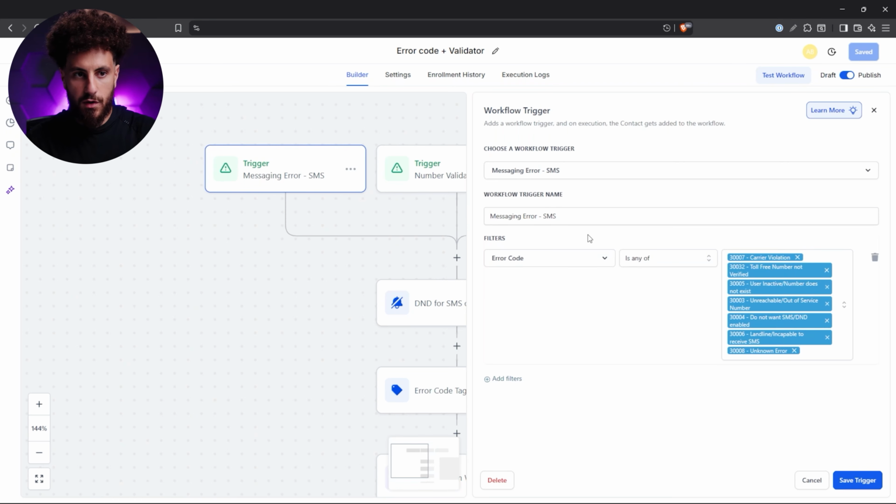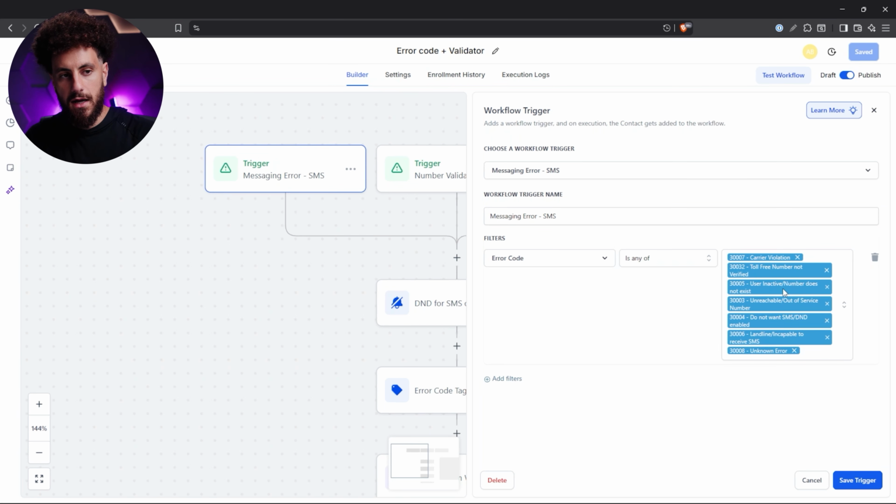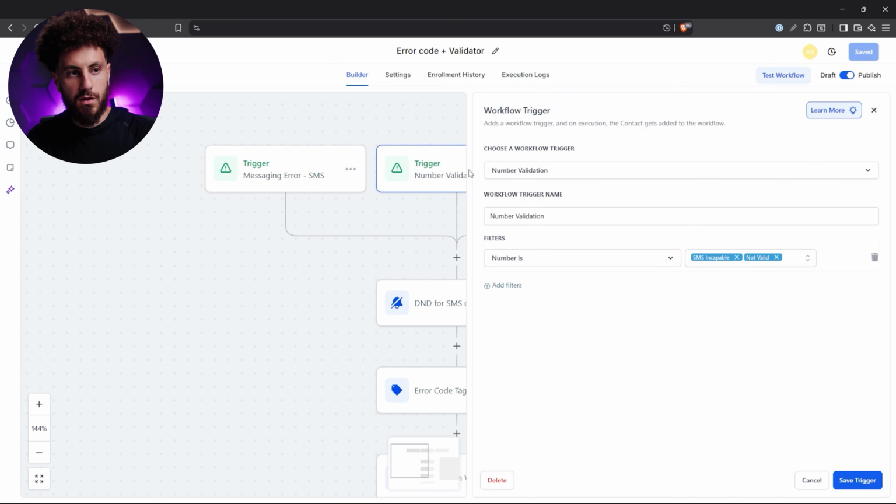So just to copy this, if you want to go through one by one, add in a messaging error, and then you would have the error code is any of these. You could do, honestly, all of them. There's even more than this at this point, but this is what I choose. And then you can go to number validation and you can copy these two. So if the number is SMS incapable, like if it's a landline, or if it's non-valid, like a fake number,